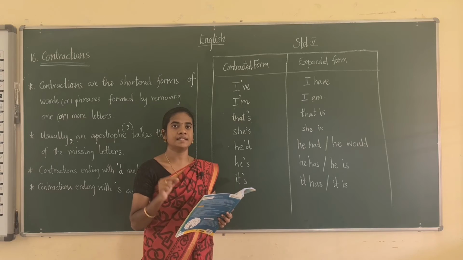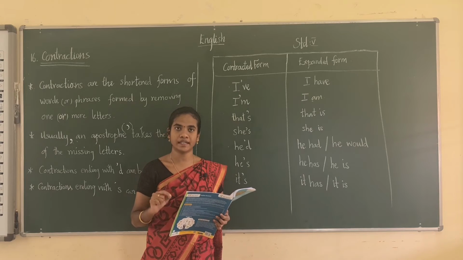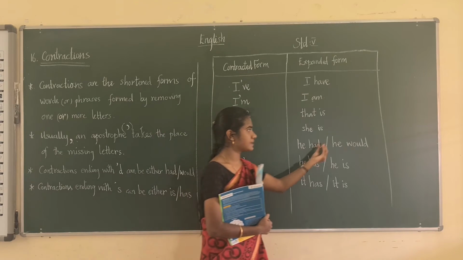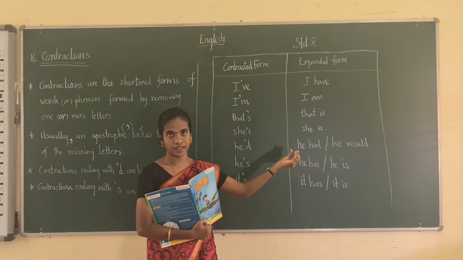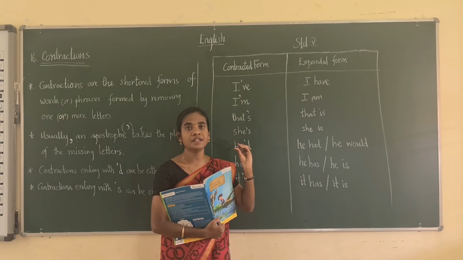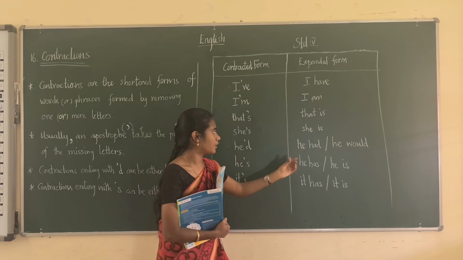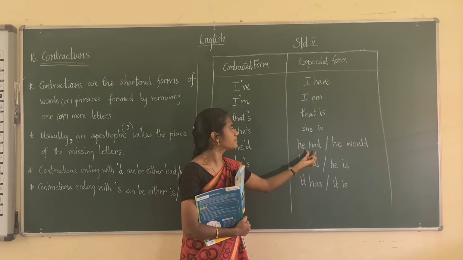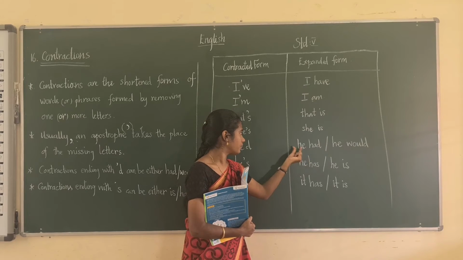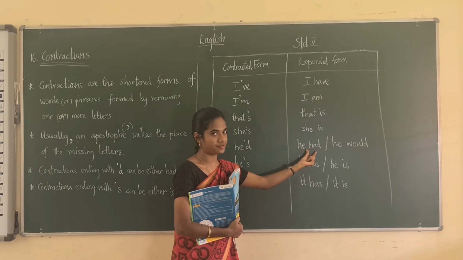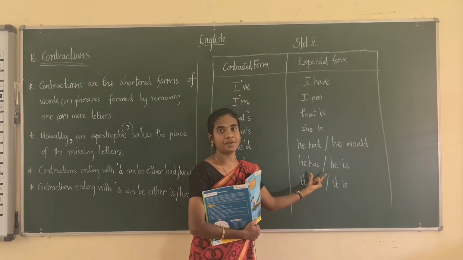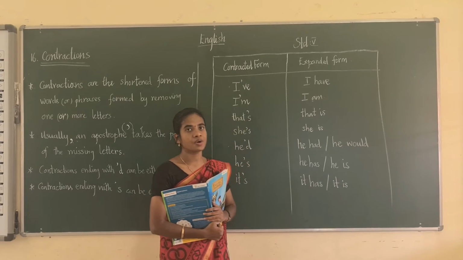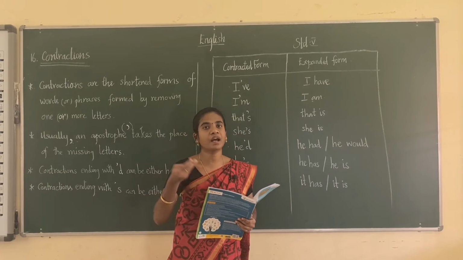The meaning of these contractions you have to understand from the context, as well as you have to see the tense of the verb. So if there are two possible contractions here, how do we understand it? We have to see it depending upon the sentence. For example, had means it is past perfect. Past perfect means you have to use this word, that is he had, for the past perfect tense. And for example, for the present perfect tense you have to use he has, and for the present tense you have to use he is. So you have to understand depending upon the sentences.